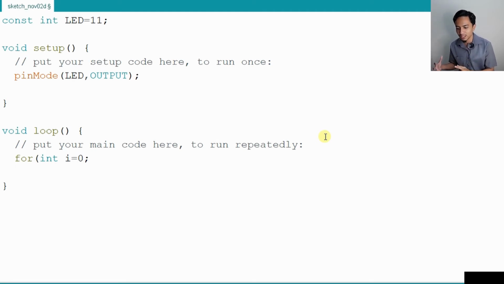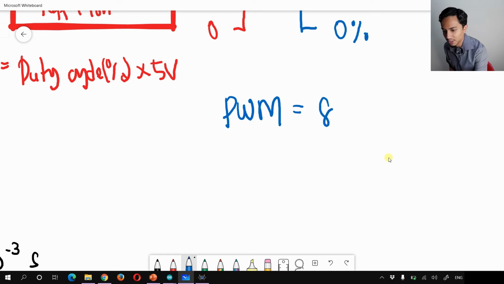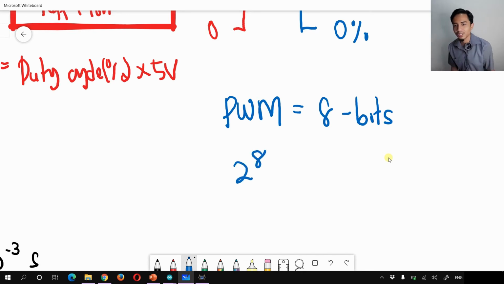So it will keep increasing until the maximum. What is the maximum value? The PWM will give an 8-bit value. So again, to get how many values are stored in this PWM, we can just use 2 to the power of 8. So 8 is 8 bits, 2 to the power of 8, we get